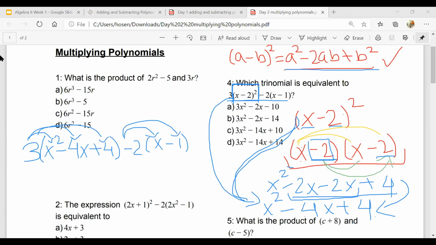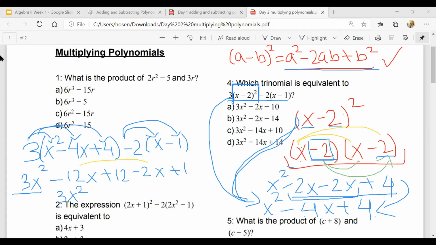So 3 times x squared is 3x squared, 3 times negative 4x is negative 12x. 3 times positive 4 is positive 12. Negative 2 times x is negative 2x. Negative 2 times negative 1 is positive 1. Now we combine like terms. Do I have any like terms for 3x squared? No, I don't. So I'm just going to bring it down like that. Do I have any like terms for negative 12x? Yes, I do. I have